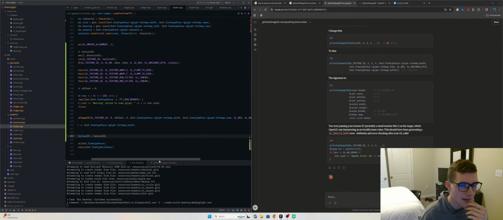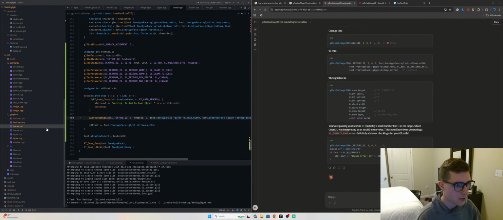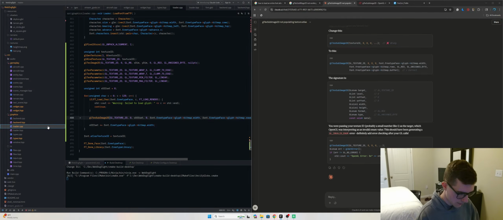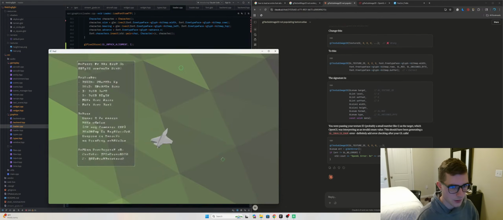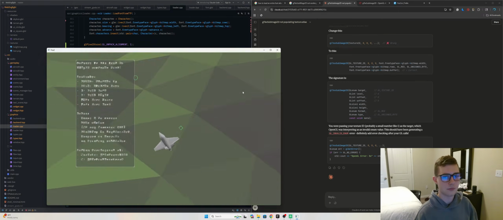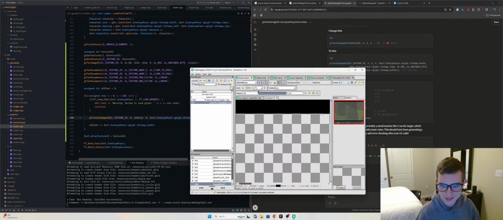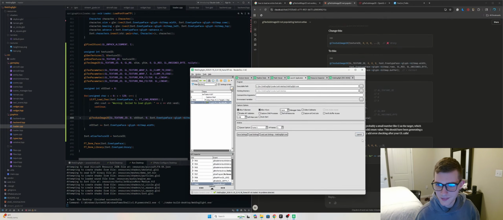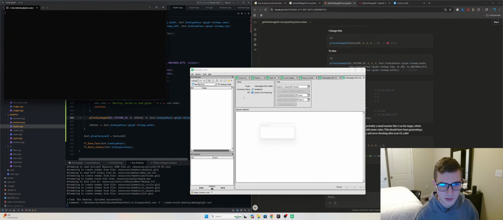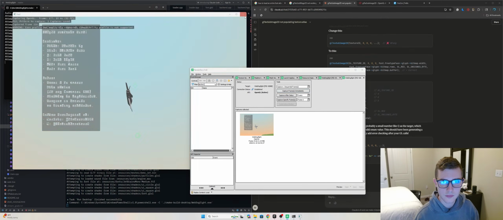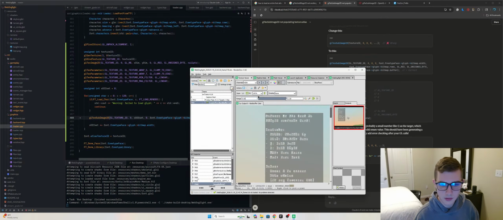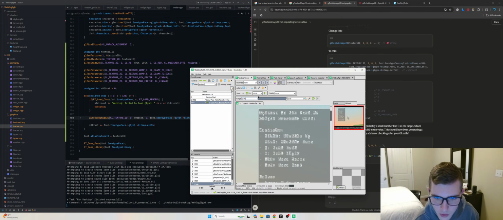So if it's an A, wait a minute. So if it's an A, then that means the first character is working, which means it's with our offset. Whoa, that's something. Yeah, so it's with our offset. That's okay. You can see, wait a minute. That looks actually like a much more complete